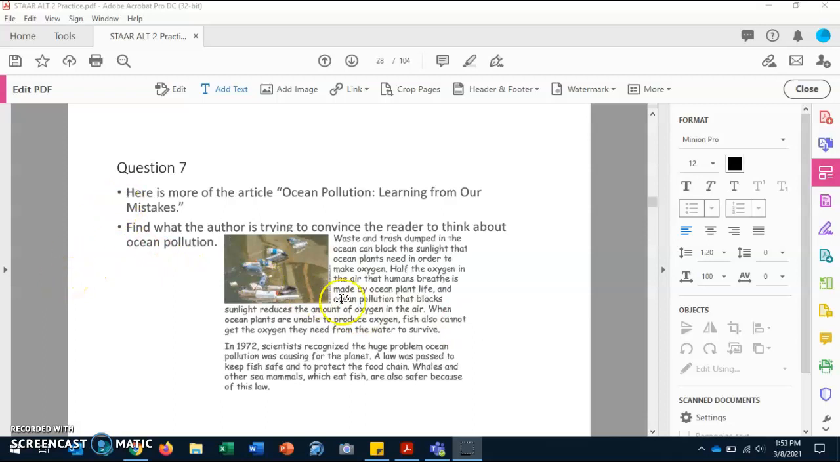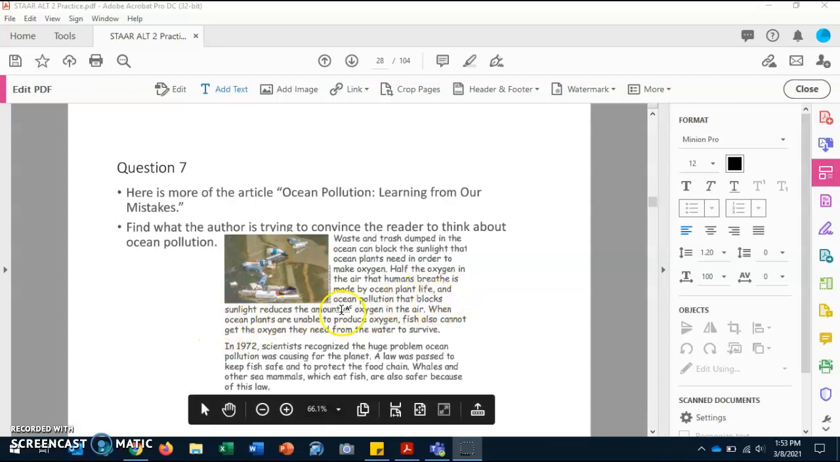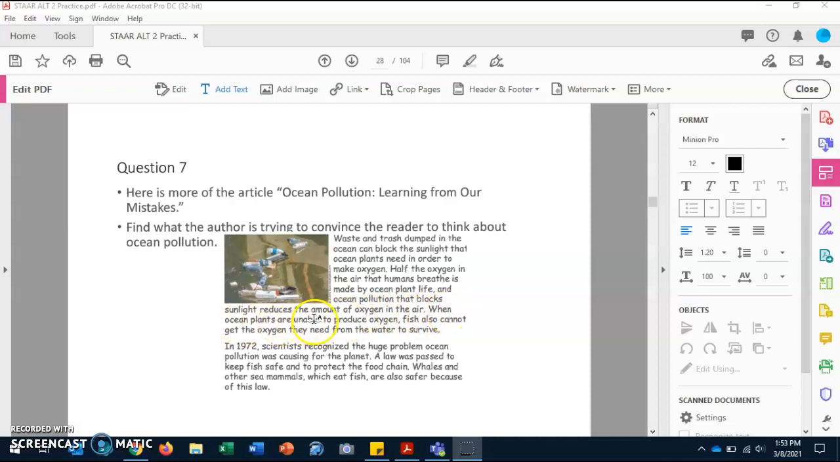And it says, waste and trash dumped in the ocean can block the sunlight that ocean plants need in order to make oxygen. Half the oxygen in the air that humans breathe is made by ocean plant life, and the ocean pollution that blocks the sunlight reduces the amount of oxygen in the air. When ocean plants are unable to produce oxygen, fish also cannot get oxygen when they need from the water to